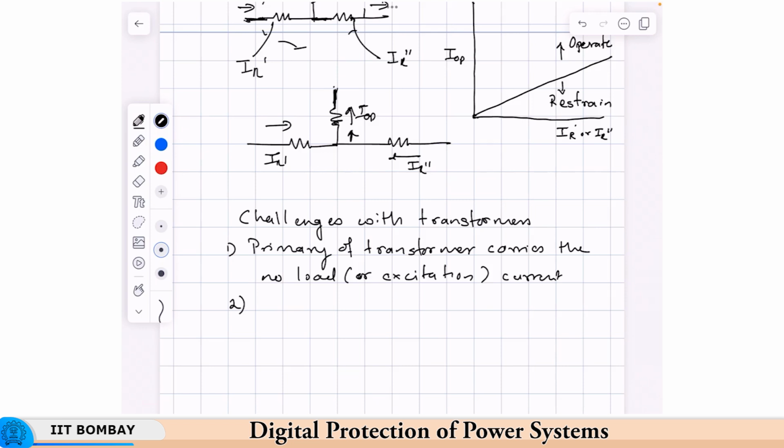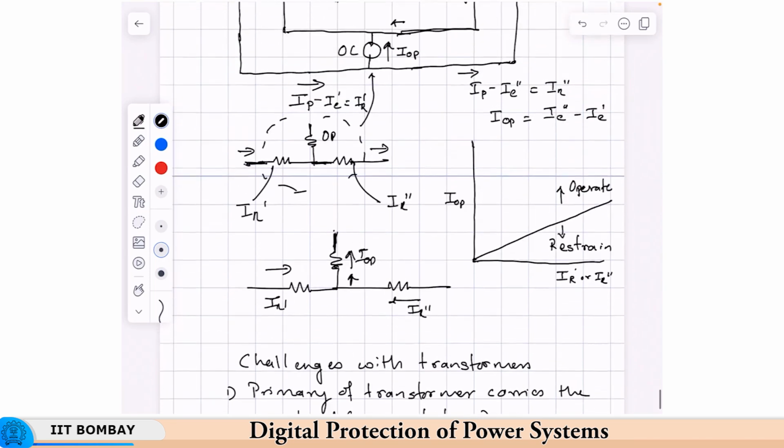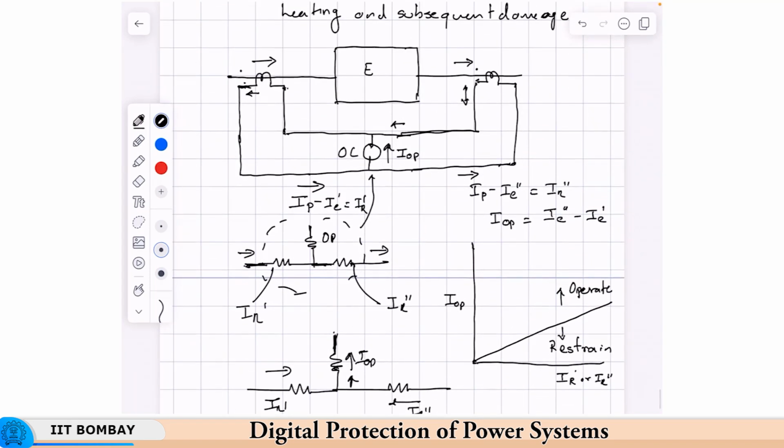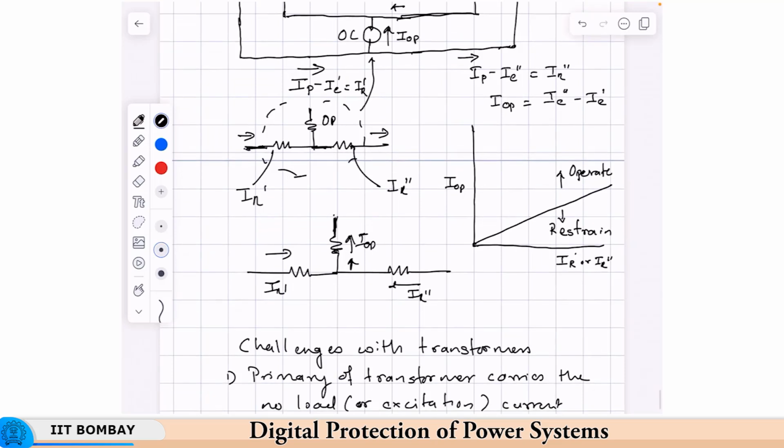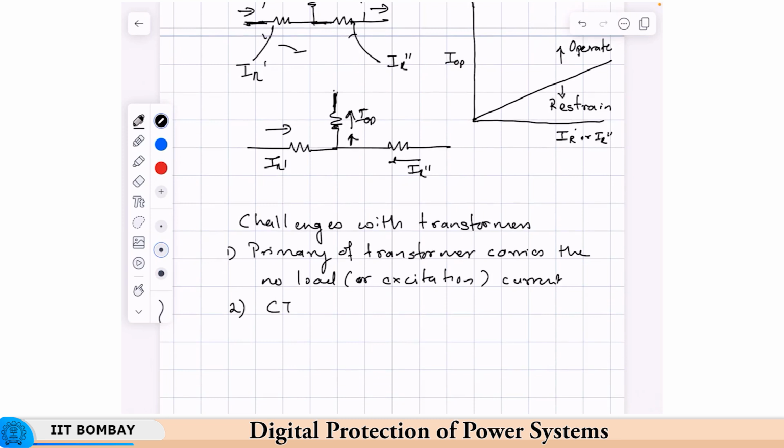Second is of course common too, but even more significant in terms of transformers is that the transformer will have a certain ratio, and the CT ratios on either side cannot be exactly matched. Rather than saying cannot be, it may be possible in certain situations, but